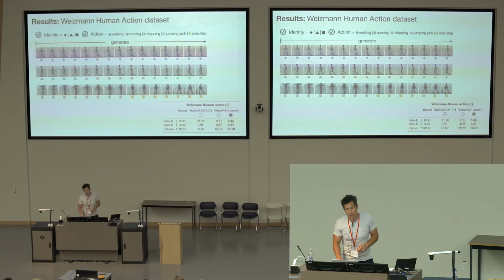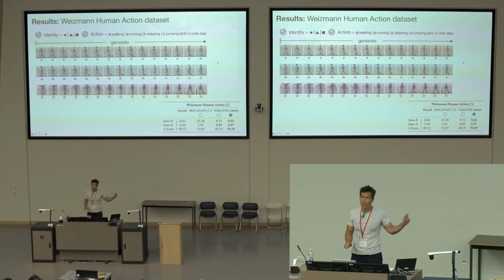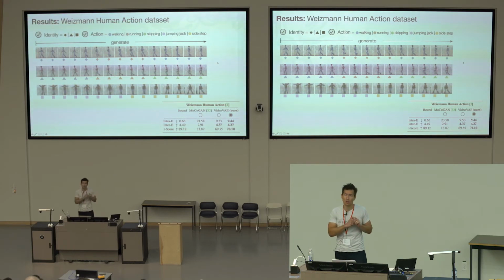Here are some captures of these frames generated over time, where we were able to say, I want the person to do certain actions at certain times. Each of these stripes is one of the sequences that we generated. The blue color denotes that we want the person to be walking at this time, the orange color means I want the person to be running at this time, and this blue color means I want the person to be walking at this time. So each of these sequences is composed of these controllable actions.